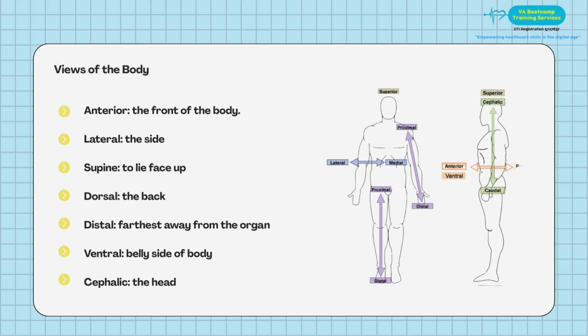Dorsal view. The dorsal view refers to looking at the body or an object from the back side. In human anatomy, the dorsal side includes the back, spine, and posterior parts of the head. The distal view refers to looking at a structure from a point farther away from its origin. In anatomy, distal means farther from the body's center or point of